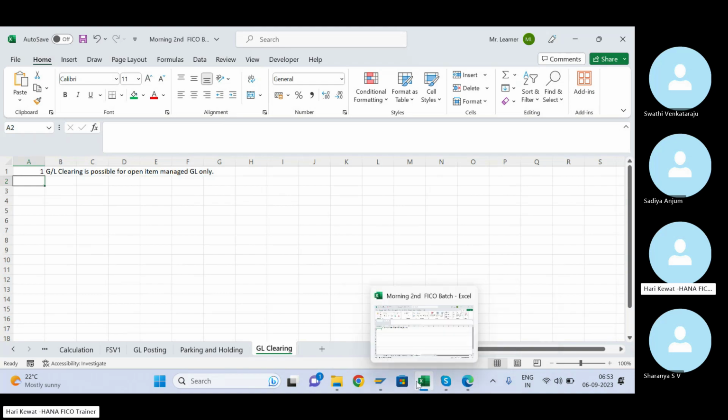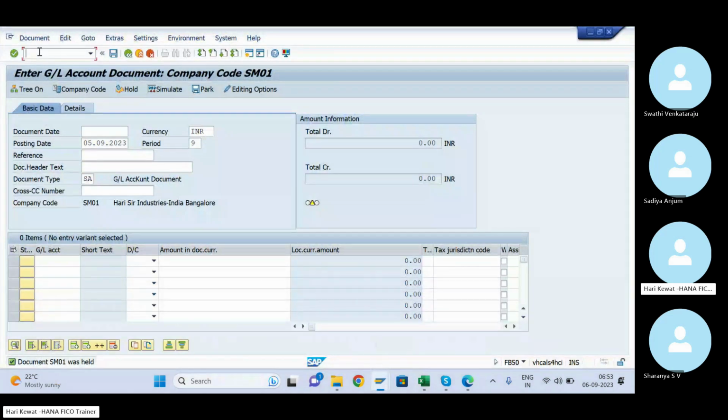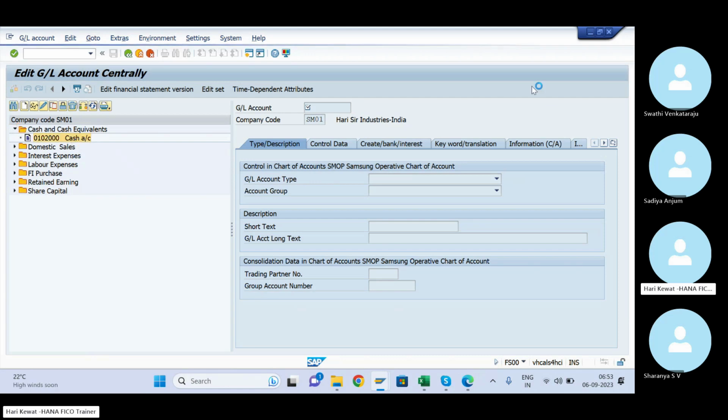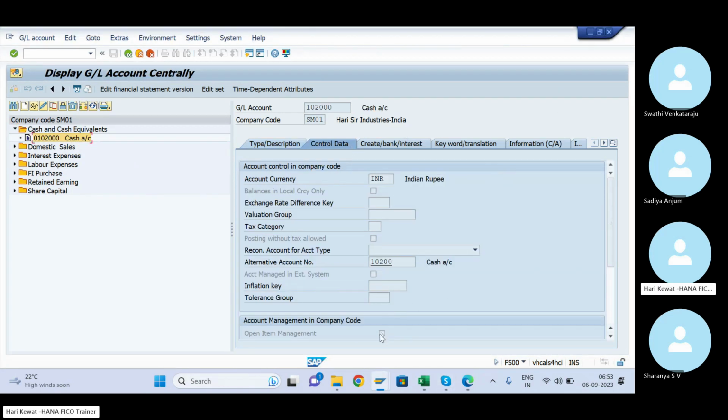Any GL you have created, where is FS00? Any GL you have created as an open item management GL, then for those kind of GL only GL clearing is possible.